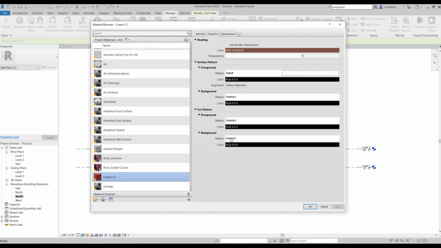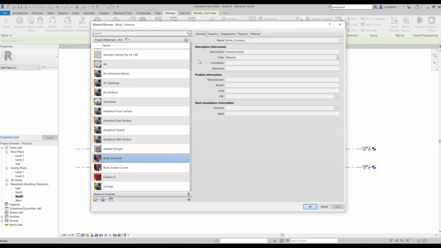Now let's select one and get into the detail here. Okay, so let's click this brick and go to the identity tab. We'll go over all of these tabs and see what they cover. In the identity tab, we have information about the name of the material, the cost, and some general information that you can enter here.